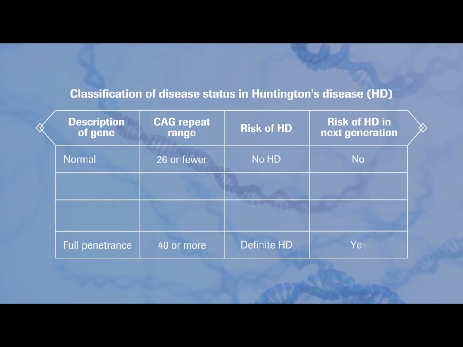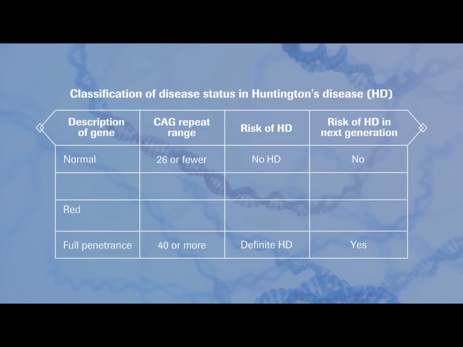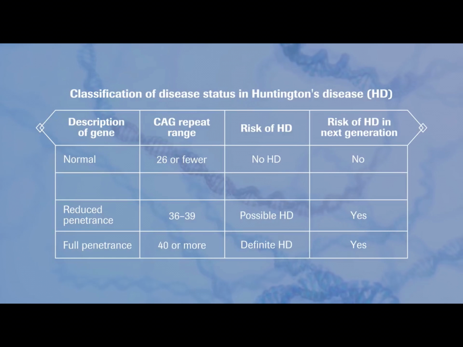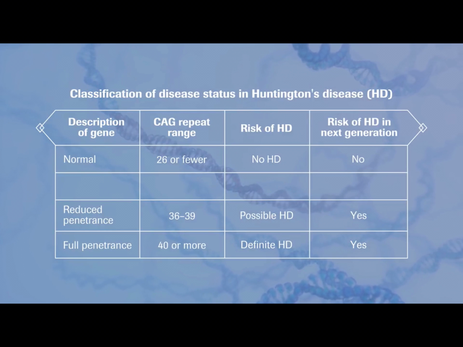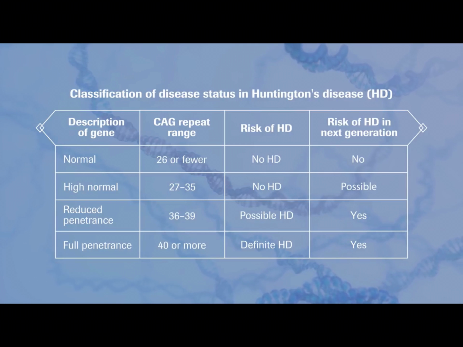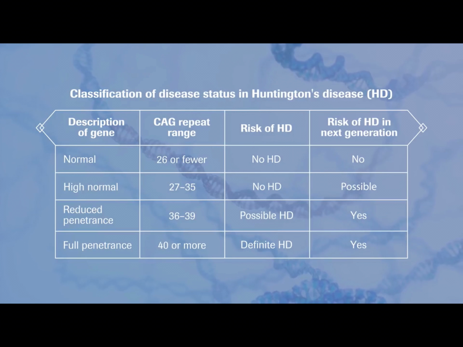People with 40 or more CAG repeats will develop Huntington's in their lifetime. People with 36 to 39 repeats may or may not develop the disease within an average lifespan. And those with 27 to 35 CAGs will not develop Huntington's themselves, but risk passing on the disease to the next